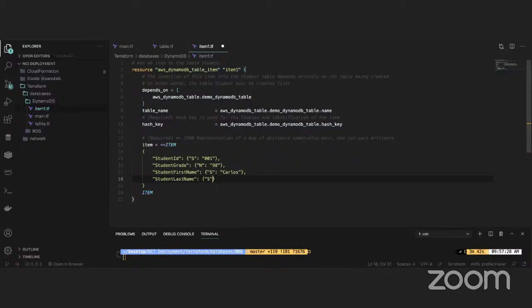It's going to be string, and we say Garcia, right? And last but not least, student phone. Right? String, and it's going to be 1, 2, 3, 4, 5, 6, 7, 8, 9, 0. Okay,